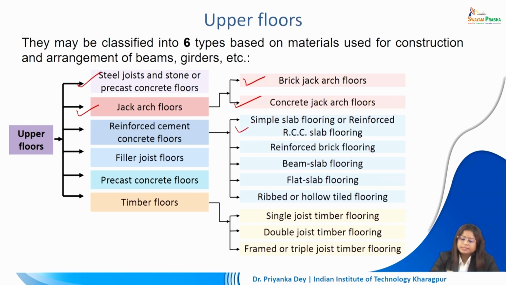It could be a simple slab, reinforced RCC slab flooring, reinforced brick flooring, beam slab flooring, flat slab flooring. This specially allows us a lot of space underneath the slab because we're reducing the depth of the beam arrangement, increasing the floor to floor height. We can also use ribbed or hollow tiled flooring in case we want to reduce the weight of our slab